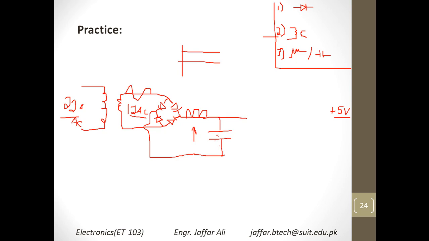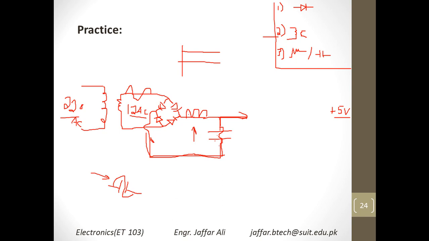So now how does this capacitor filter out the pulsation? One of the properties of the capacitor is that it basically allows AC to pass through it, and it blocks DC. DC is blocked in the capacitor, and the AC is conducted over the capacitor. So when this pulsation comes, the DC components will be blocked, so DC will have to go in this direction all the way. But the AC components, that is the pulsations, will be able to conduct over here, and they will go back to the circuit.